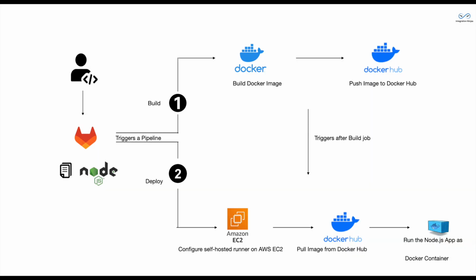Okay, so we'll start by creating two separate jobs in our GitLab CI pipeline: one will be build and another will be deploy stage, which will have the two jobs, build and deploy job. The build job will package our Node.js application into a Docker image and push it to Docker Hub. Then we will configure an EC2 runner to handle the deploy job, ensuring the application is seamlessly deployed to our AWS EC2 instance. There we are going to pull the Docker image, then we will run it there